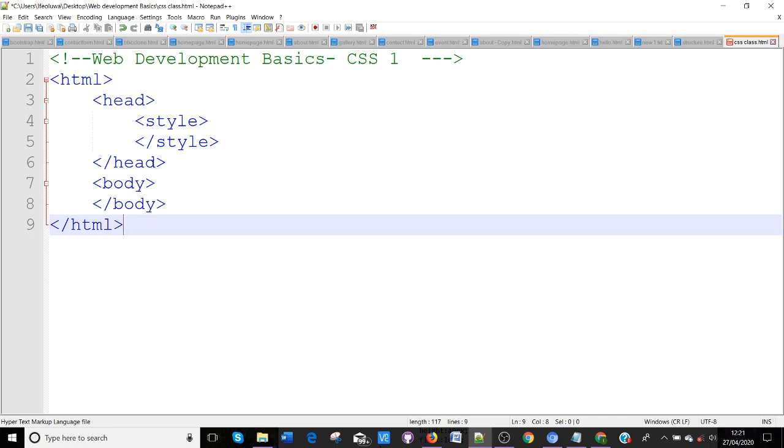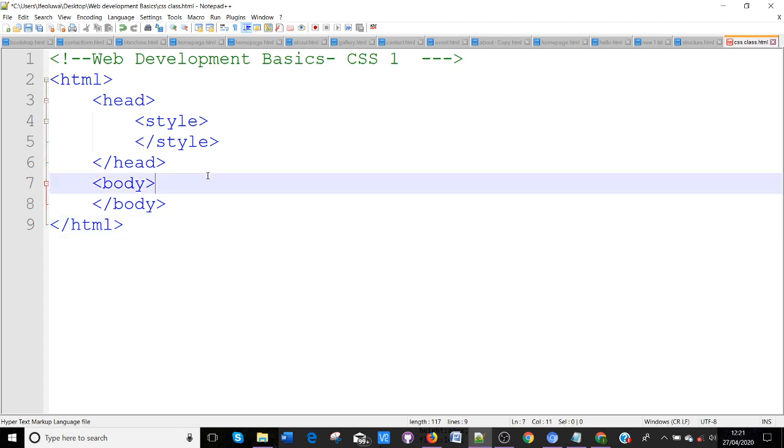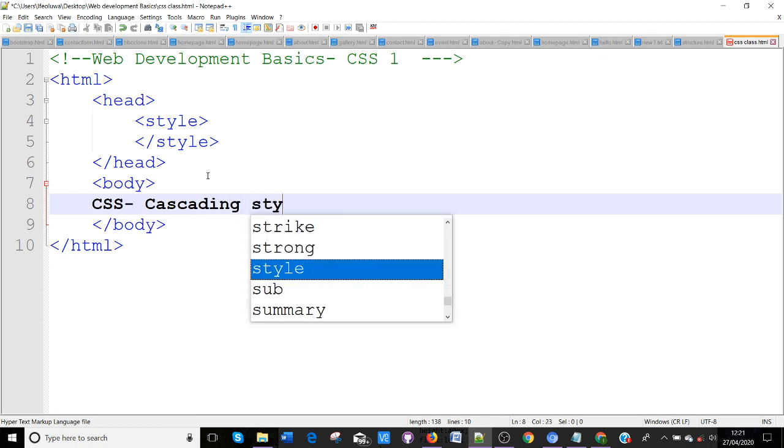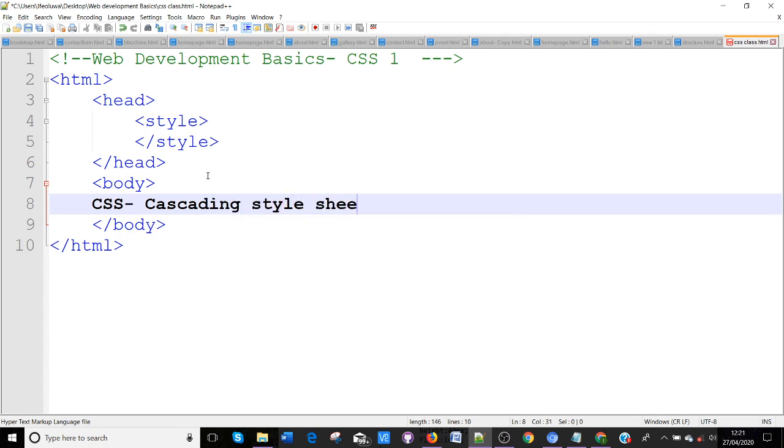This is our first CSS class, so let's go to what CSS is. The full meaning is cascading style sheets. That's the full meaning of CSS, cascading style sheets. And I want to tell you that